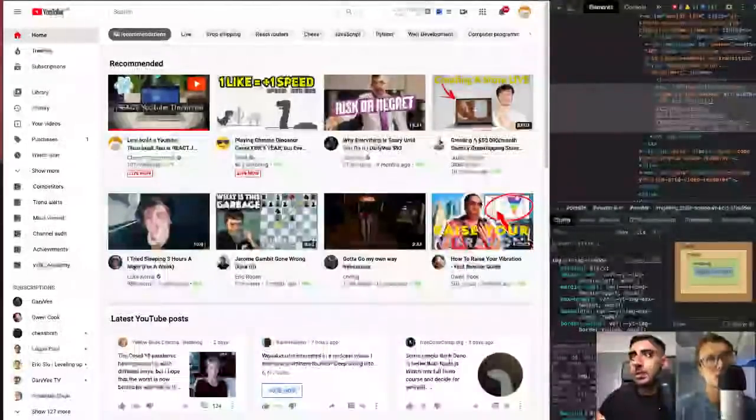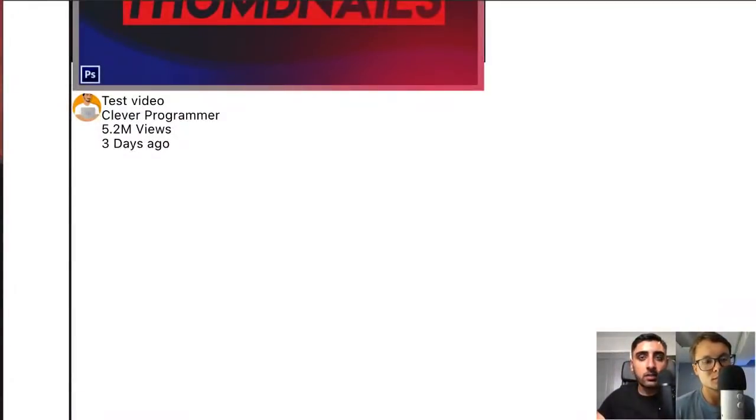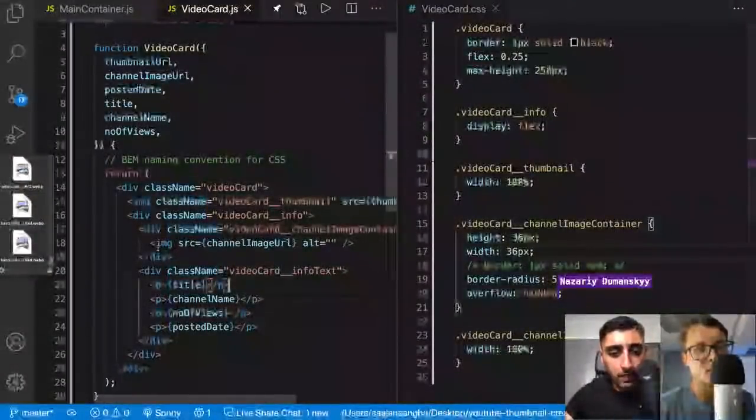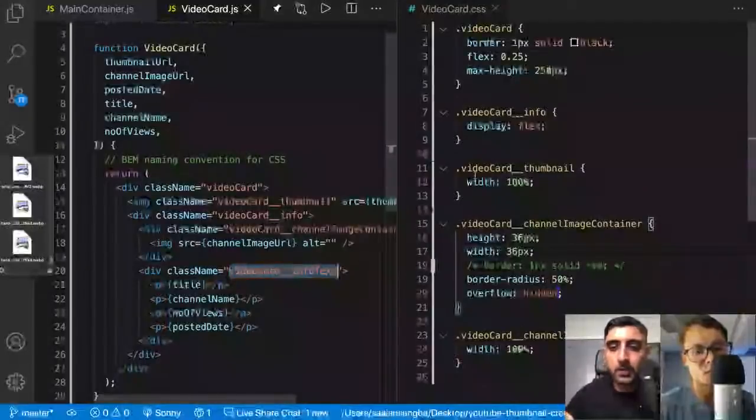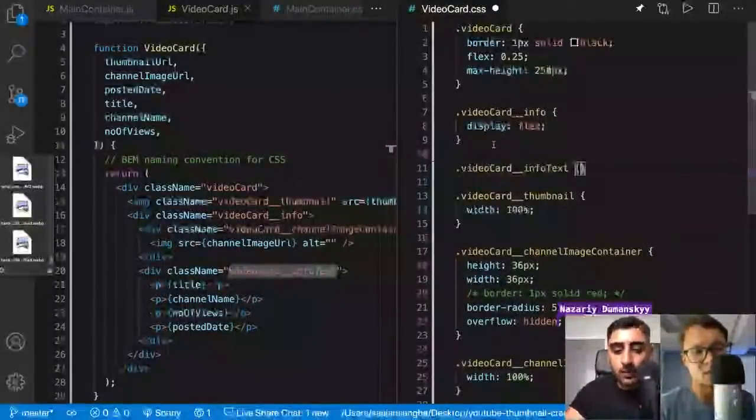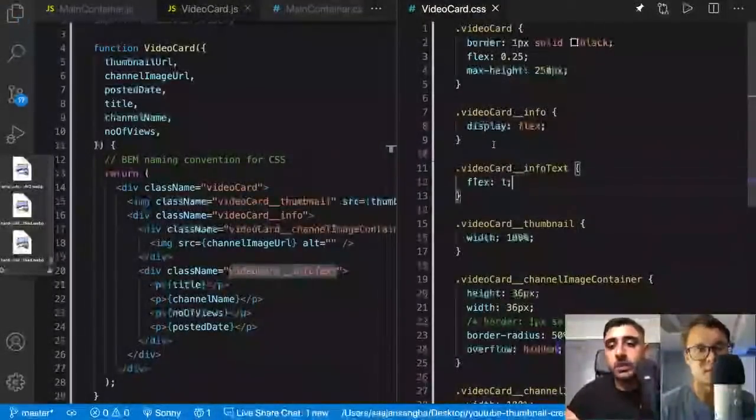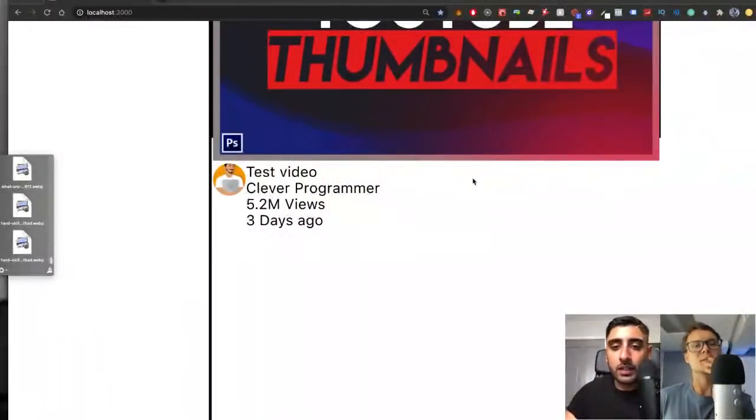So what we can do is go ahead and give that thing... In this case, let's go back to the code. We can go ahead and give that container, in this case the video card info text, flex one. Exactly, flex one. And that will go ahead, and now it's actually got this sort of imaginary